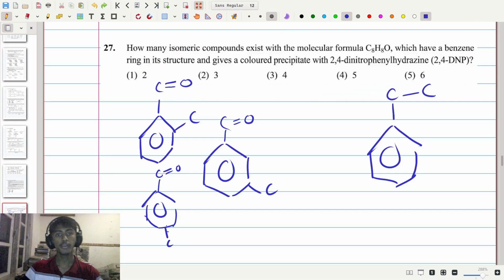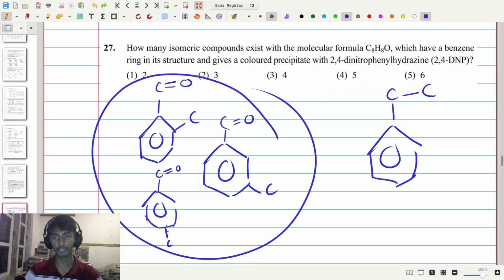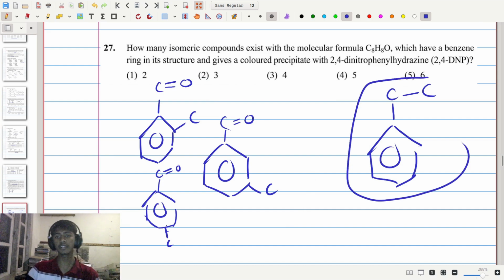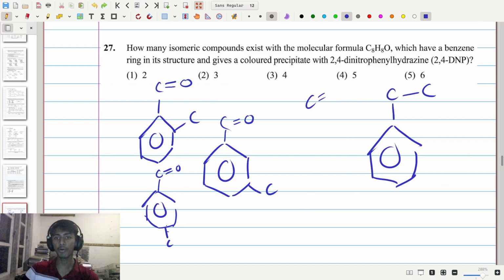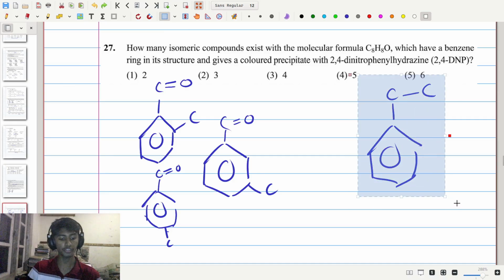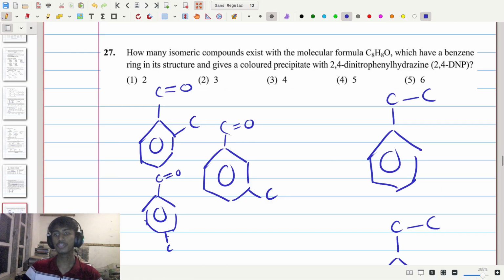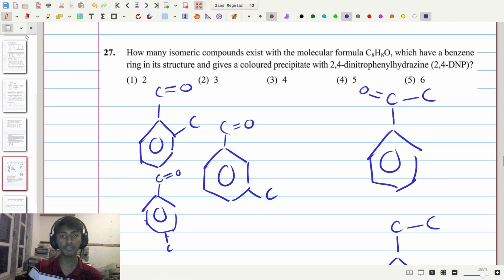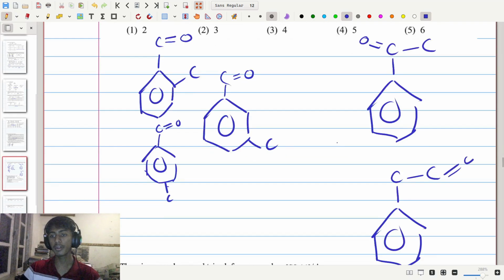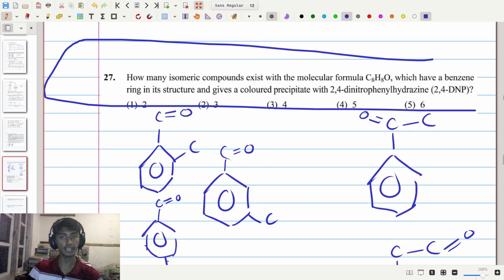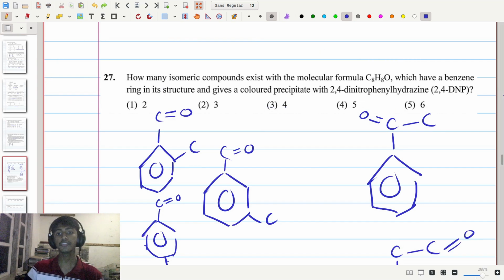So therefore, we have 3 structures from all of these skeletons. Now if we consider the other skeleton, in order to have a carbon-oxygen double bond, we have 2 places to put the oxygen. We could either put it here or here, and therefore this skeleton actually gives 2 answers. It gives us the one where you have a carbon-oxygen double bond on the first carbon, which gives us a ketone, and we also have the second one where we have a carbon-oxygen double bond on this carbon, which gives us an aldehyde. So therefore, we have 5 total structures that will satisfy all the conditions given here, and therefore the answer to this question is answer number 4,